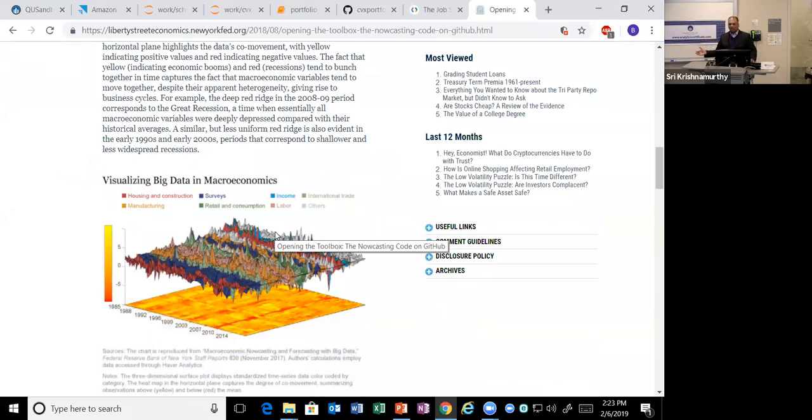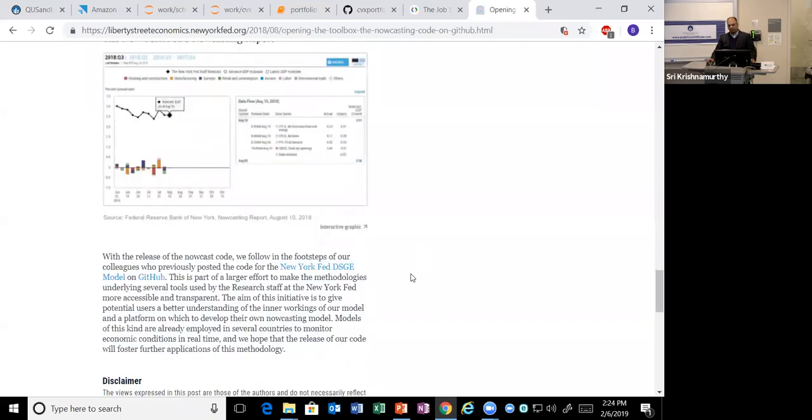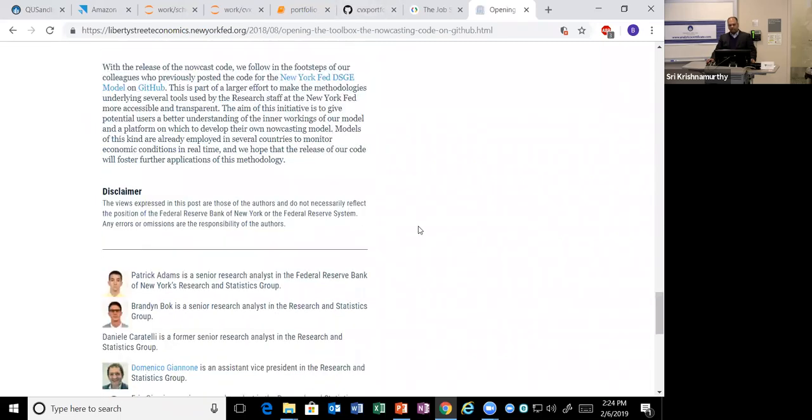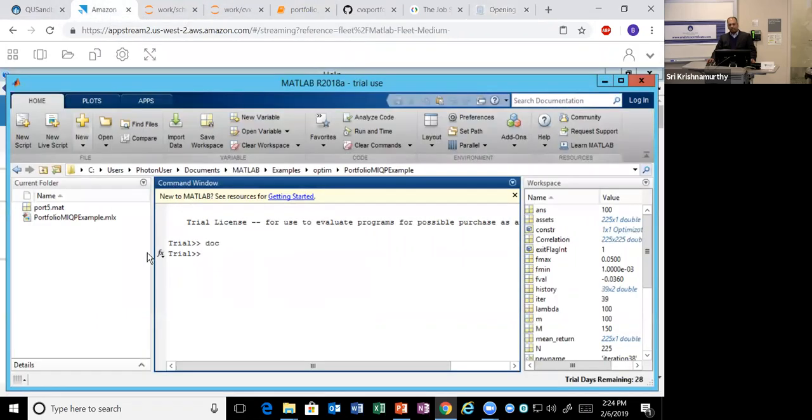When we talk about big data, it's not just downloading a Kaggle data set. This is big data in action used by our economists to predict the economy, to generate the metrics we hear on a regular basis, right? So this is how they visualize things, and these are like the common factors which capture the bulk of co-movement with respect to the data. And in all these reporting aspects, you can see a lot of people work on it. To make it easy for you guys, we just put this whole thing together as examples in the